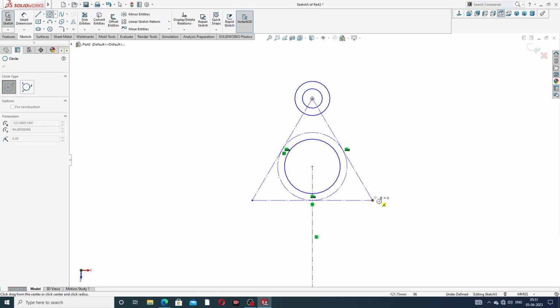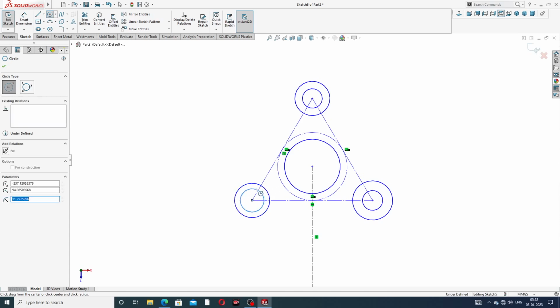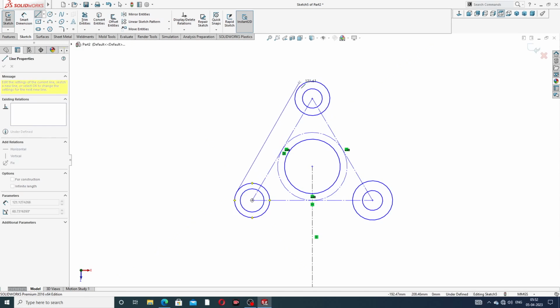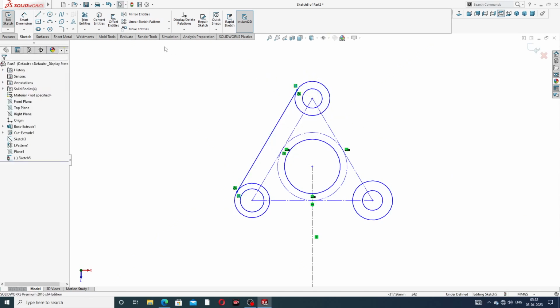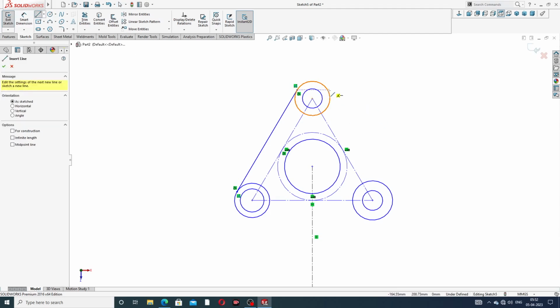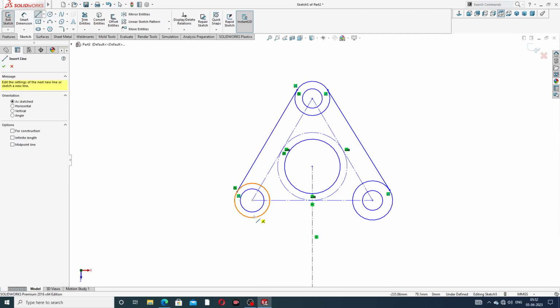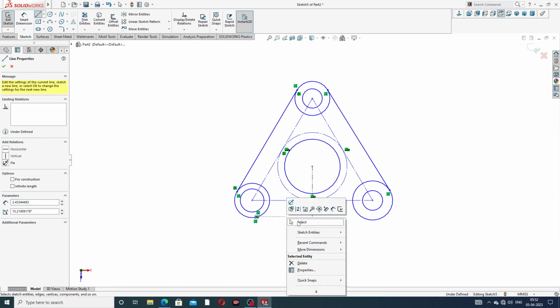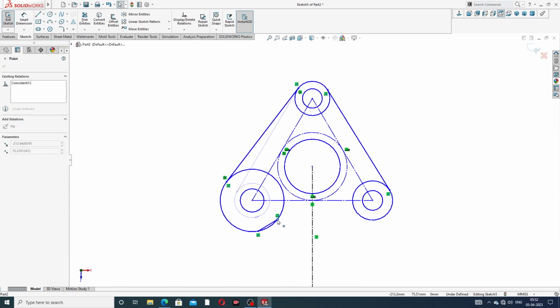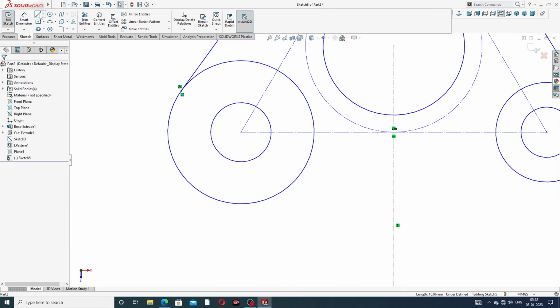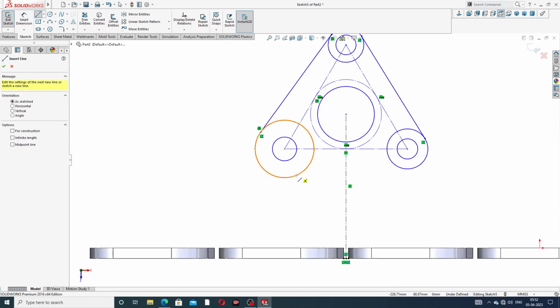Okay, and all two circles are drawn here, and this is very important, and connect to this line, also tangent, connect to this, and also connect to this, and this line is deleted here, and connect to this,